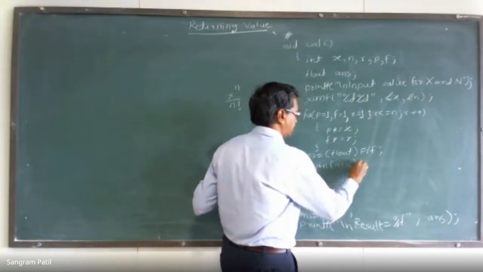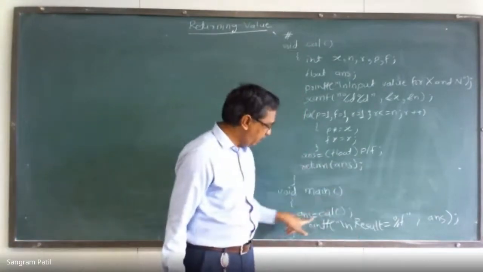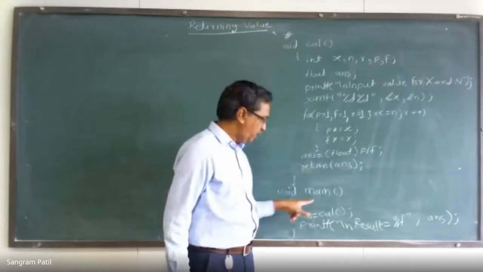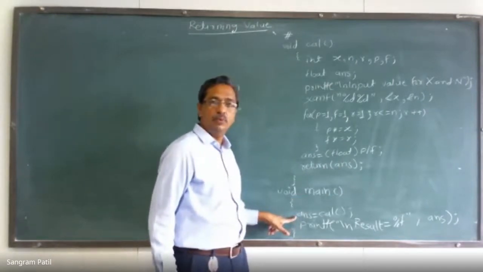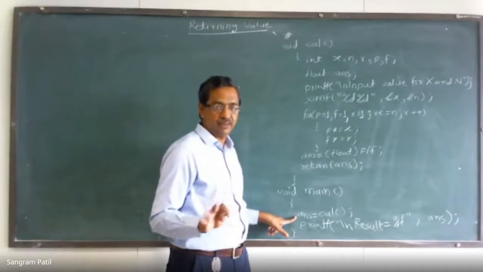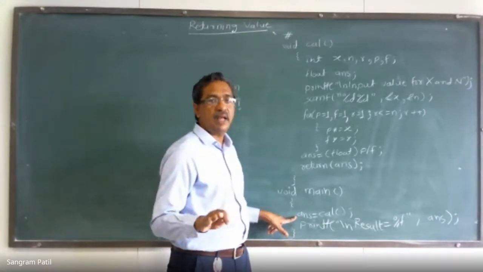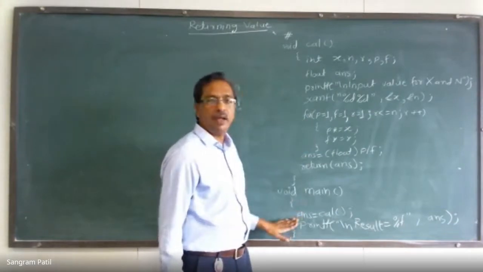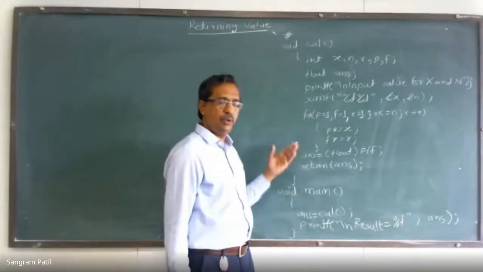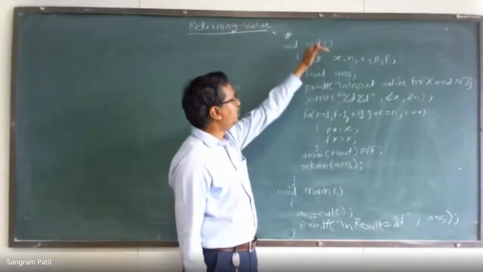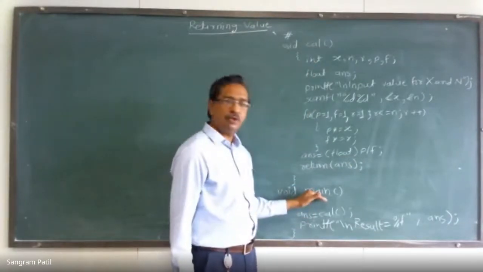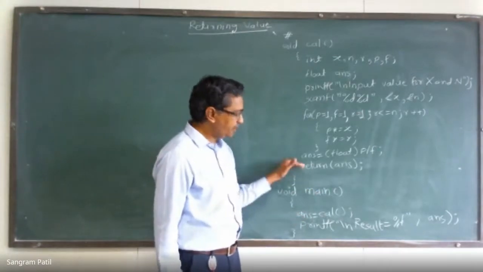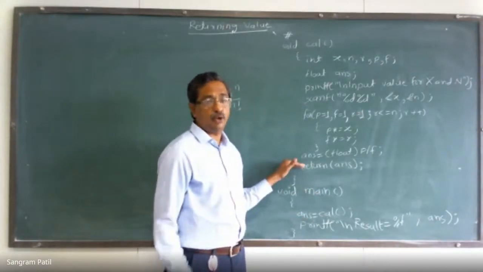return answer. The variable can be the same. The variable whose value you are returning and the variable in which you are receiving the value can have the same characters, both can have the same alphabets, because this variable is different and this variable is different. This answer is presented to the function cal. This answer is presented to the main. So the calling program is requesting, your function is returning. No problem.